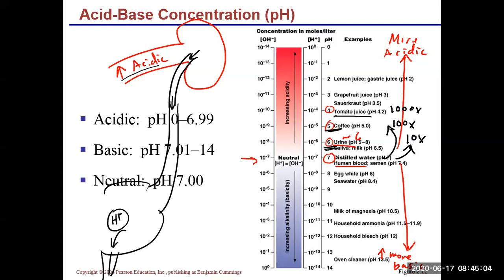Our body, interestingly enough, can actually deal with the acid a lot better than the base. I'm not going to get into detail with it. However, our body does a lot better dealing with the acid. All right. Now,